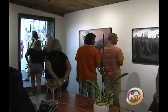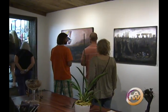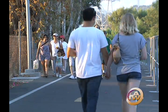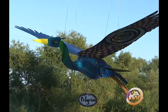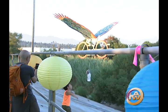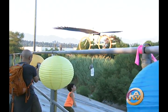The Frogtown Art Walk celebrated its 9th annual show, and what a setting! Right along the LA River at Elysian Park. Among the star attractions, this new installation of kinetic art. Yep, art that moves. I've been involved since the very beginning when I was on staff of the 13th District